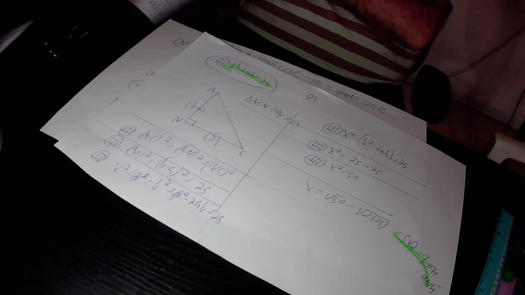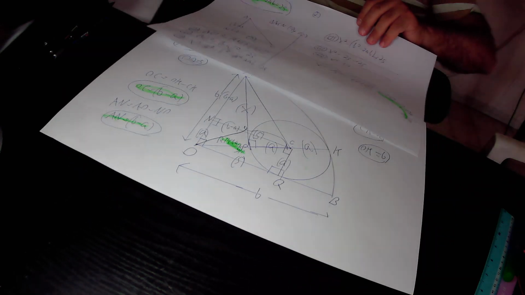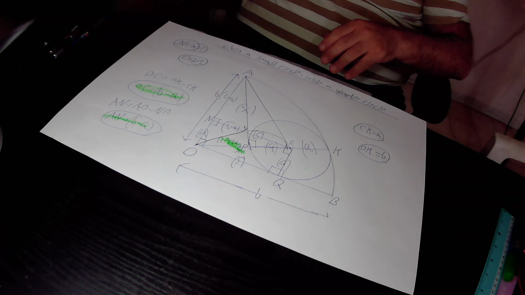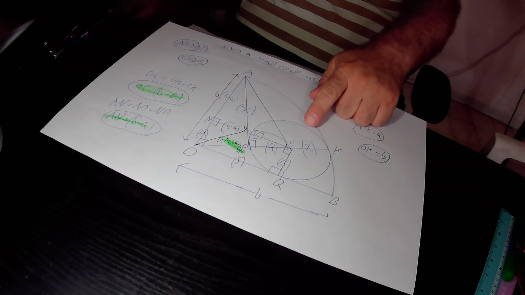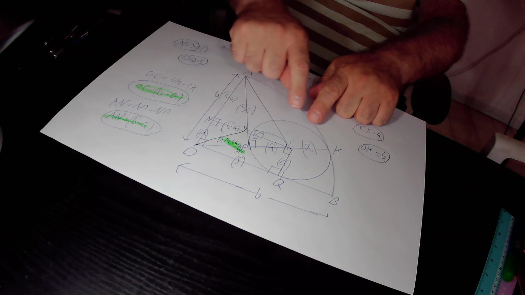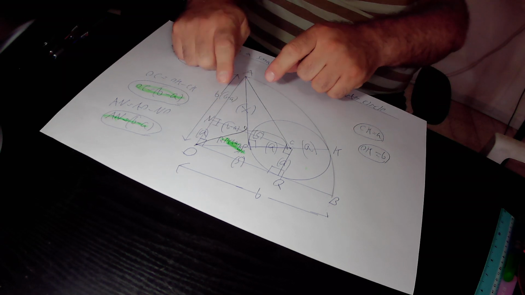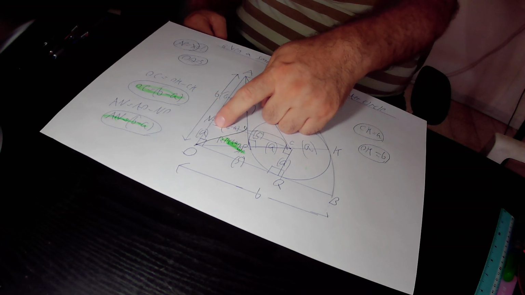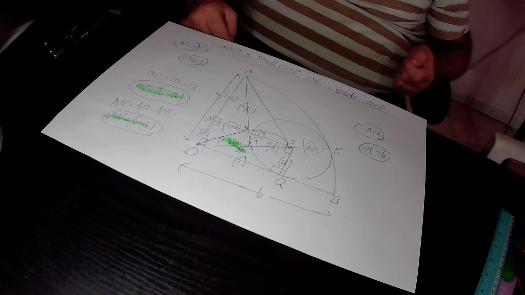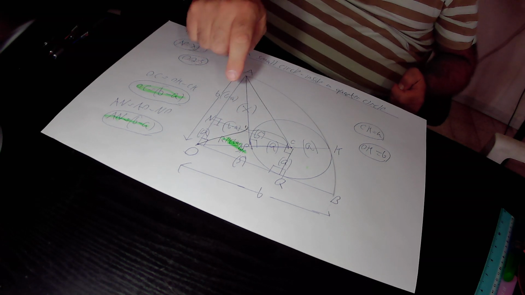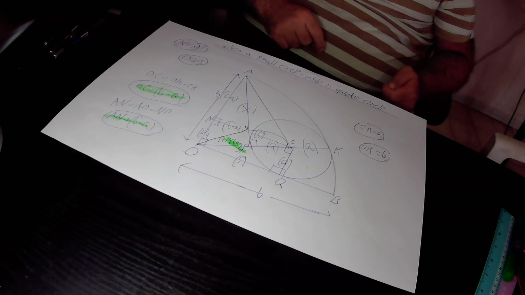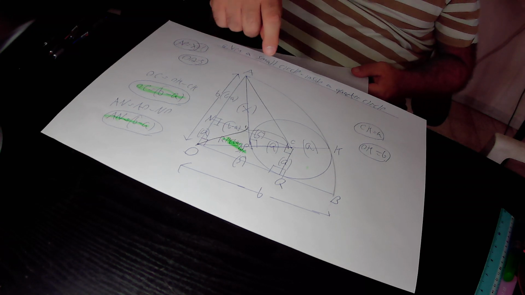In the next step, we did a construction. From point C, we draw a perpendicular on AO. So this angle equals 90 degrees, and this angle also equals 90 degrees according to our construction. We define the touching point of the perpendicular from point C and AO as point N. By doing this construction, we get the quadrilateral